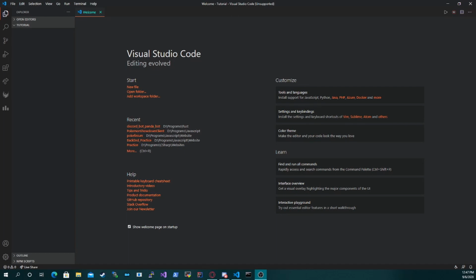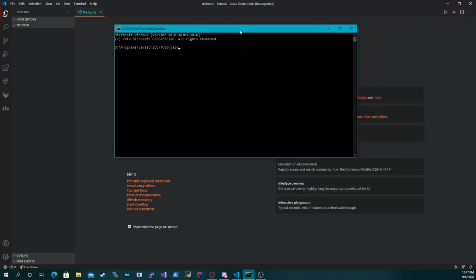So the first thing we need to do, of course, is set up the project. If you're in Visual Studio Code, press Control-Shift-C. If you're on Mac, I believe it is Command-Control-C. I'm on Windows, so I don't know Mac that well. But anyway, now what we need to do is npm init,